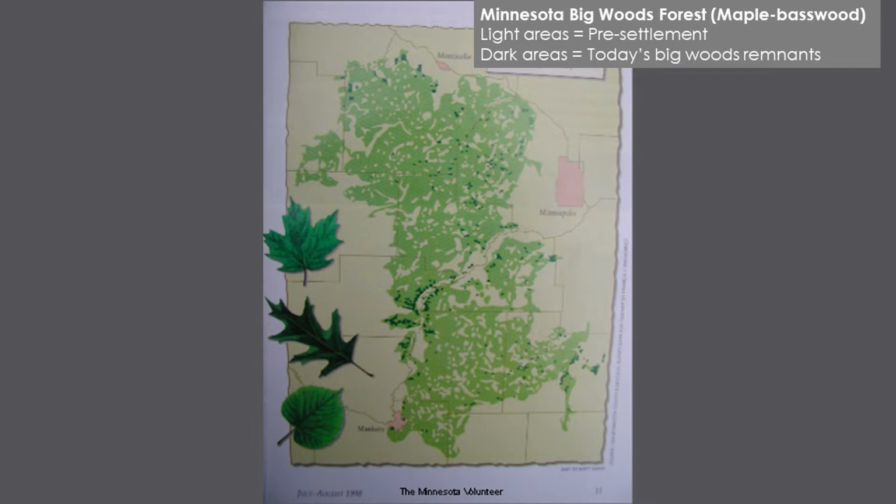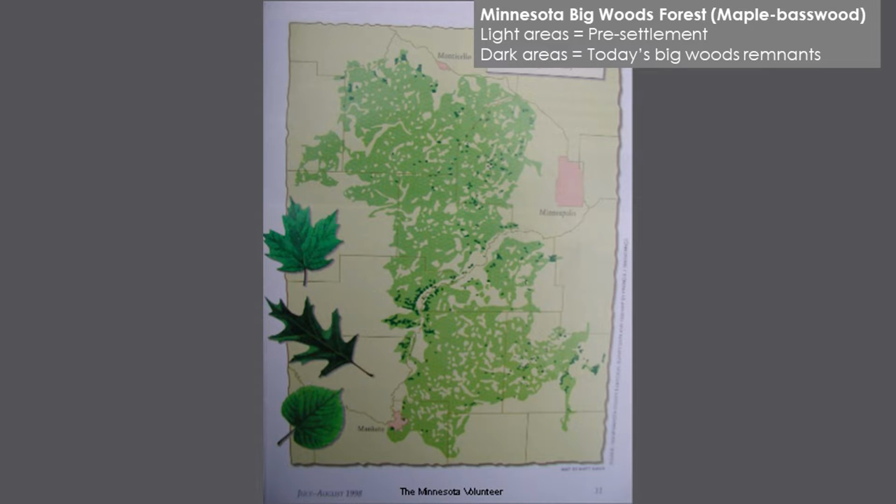this is the only time I'm going to talk about the big woods. So we talked about the green on the map and the brown. This is the green portion. And it goes from Mankato in the south. So here we are, Minneapolis, and Lake Minnetonka is right in here. Here's Minnetonka. And Monticello on the north, and Mankato in the south, and over here is Northfield and beyond. This is the big woods region, the sugar maple basswood, the sugar bush from years ago. The Native Americans made, it was very, very important for their livelihood to make maple syrup. Anyway, the light green is what was here pre-settlement, and the dark green is what remains today.